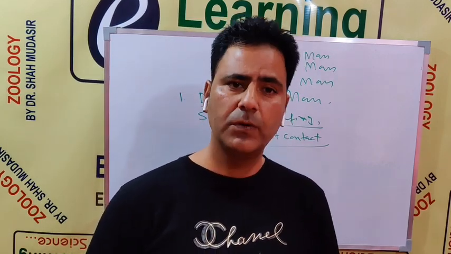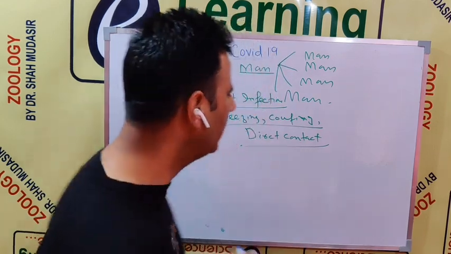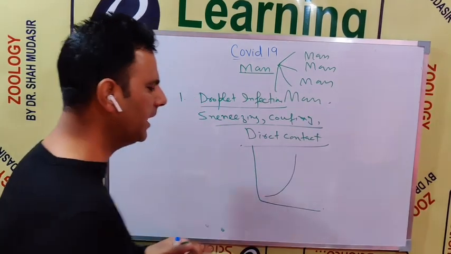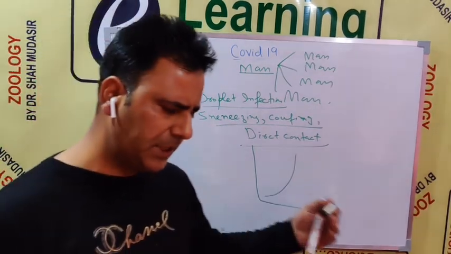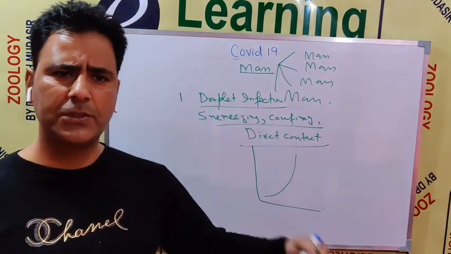That's the most worrying thing about this. The spread of this infection is very, very fast. We call it an exponential increase. Once we detect any one case, we find a fast spread of